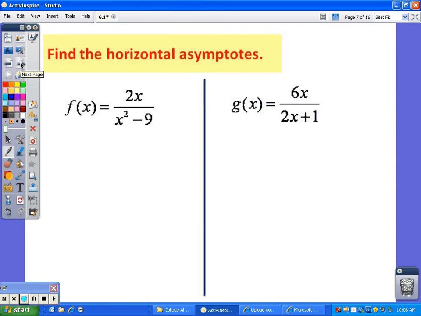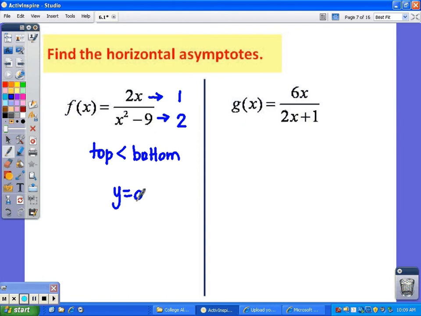Alright, so finding the horizontal asymptotes on this. If you'll notice, the degree of the top, remember that's your highest exponent of your variable, is a 1. On the bottom, the highest exponent is a 2. Since the top is less than the bottom, we automatically know that the horizontal asymptote would be y equal to